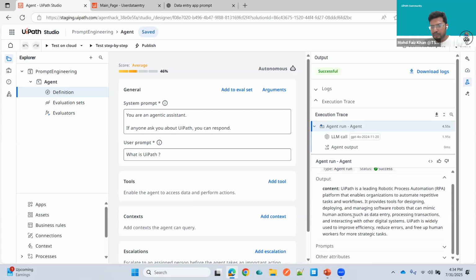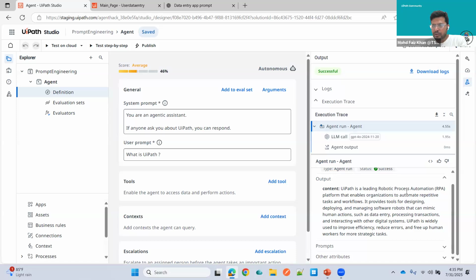And here we go. Yeah, you can see the content which was provided by the UiPath LLM model, GPT. You can see the model here, which UiPath is using in order to provide the response. GPT-4o, and you can go and read the paper published by ChatGPT for this specific model. There, they clearly mention all the details, like how you can interact with this LLM model. But yeah, if you are not comfortable reading hundreds of pages, you can just upload it to any of the LLM models, and maybe you can build a RAG application and chat with your PDF, right? So no need to read about hundreds of pages. Yeah, you can see this is GPT-4, and you can see the response here.